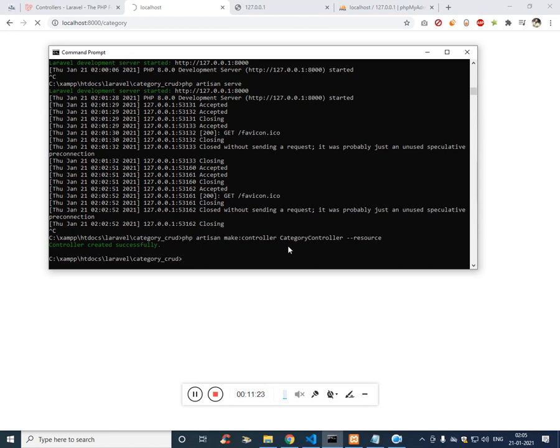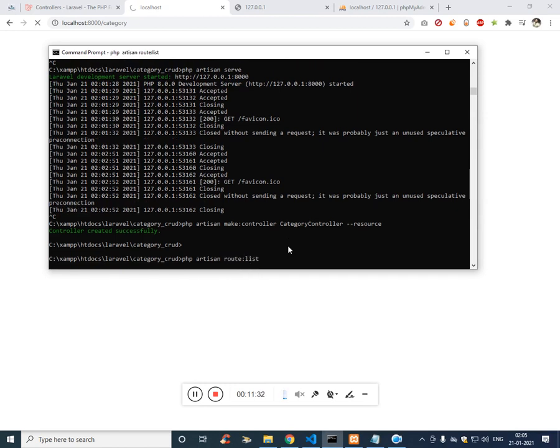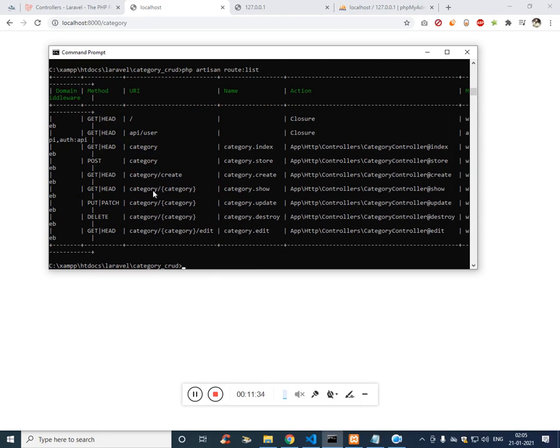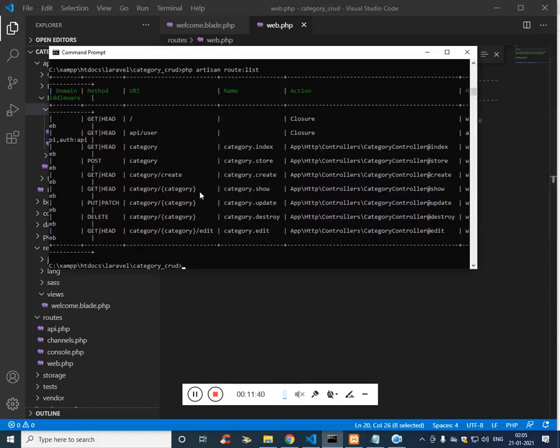Let's end the server and just type php artisan route:list, and if you see the category, the reason for giving category as a first parameter is because we want to get the route URL name with category.